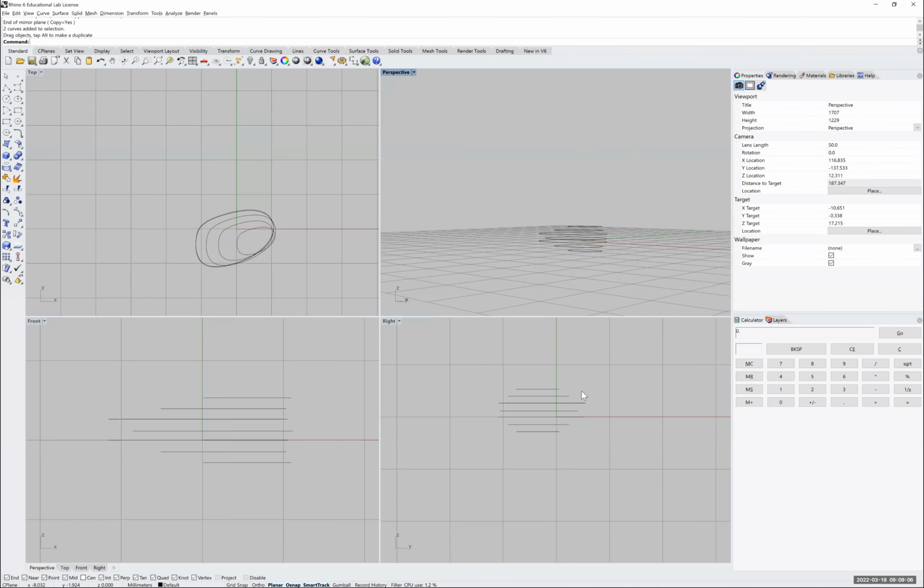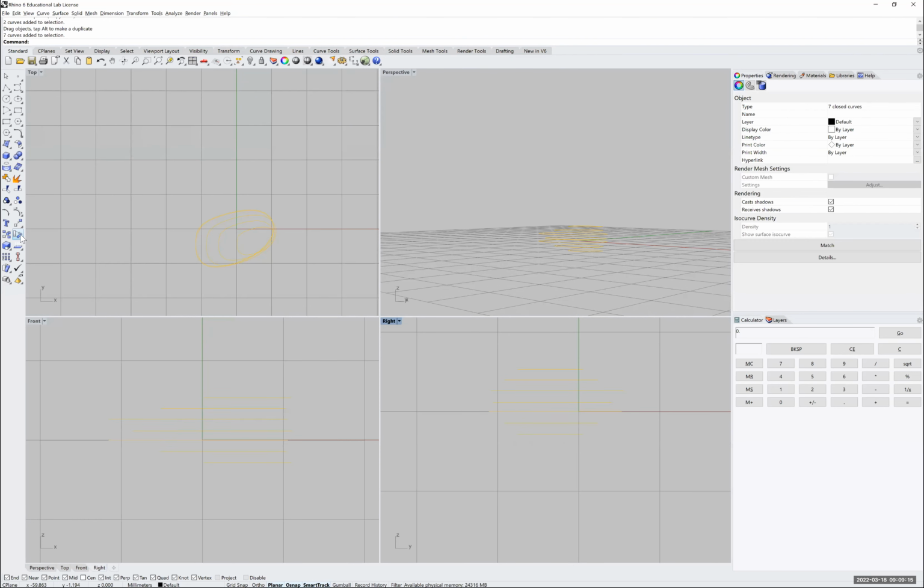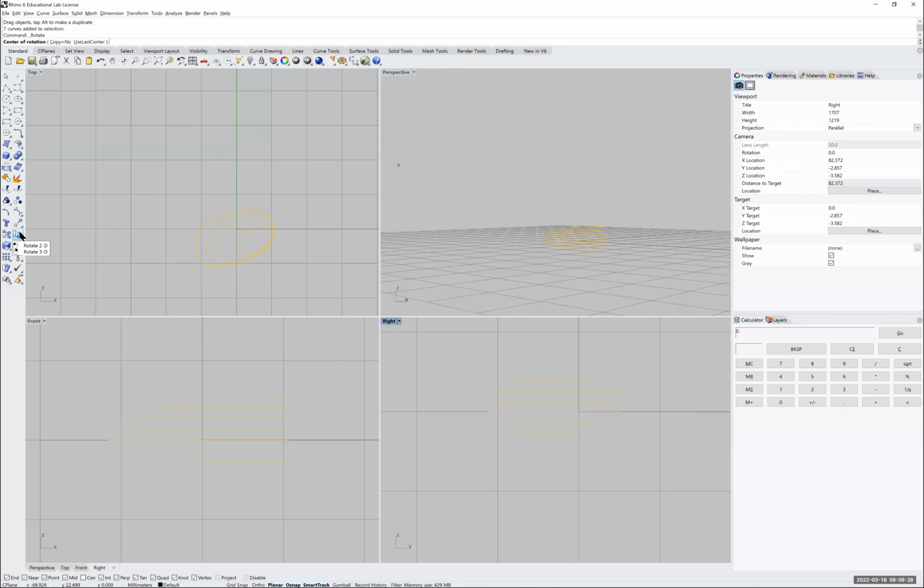If you look at the right-hand side, you see a set of curves that are almost identical, but rescaled. So what I'm going to do now is select them, and select the 2D rotate icon, or I can just simply type rotate on the command bar. I'm going to click on rotate right here, and it says choose the center of rotation. It doesn't really matter the center of the rotation, because all I want right now is to move them from horizontal curves to vertical curves so that it becomes a bit more